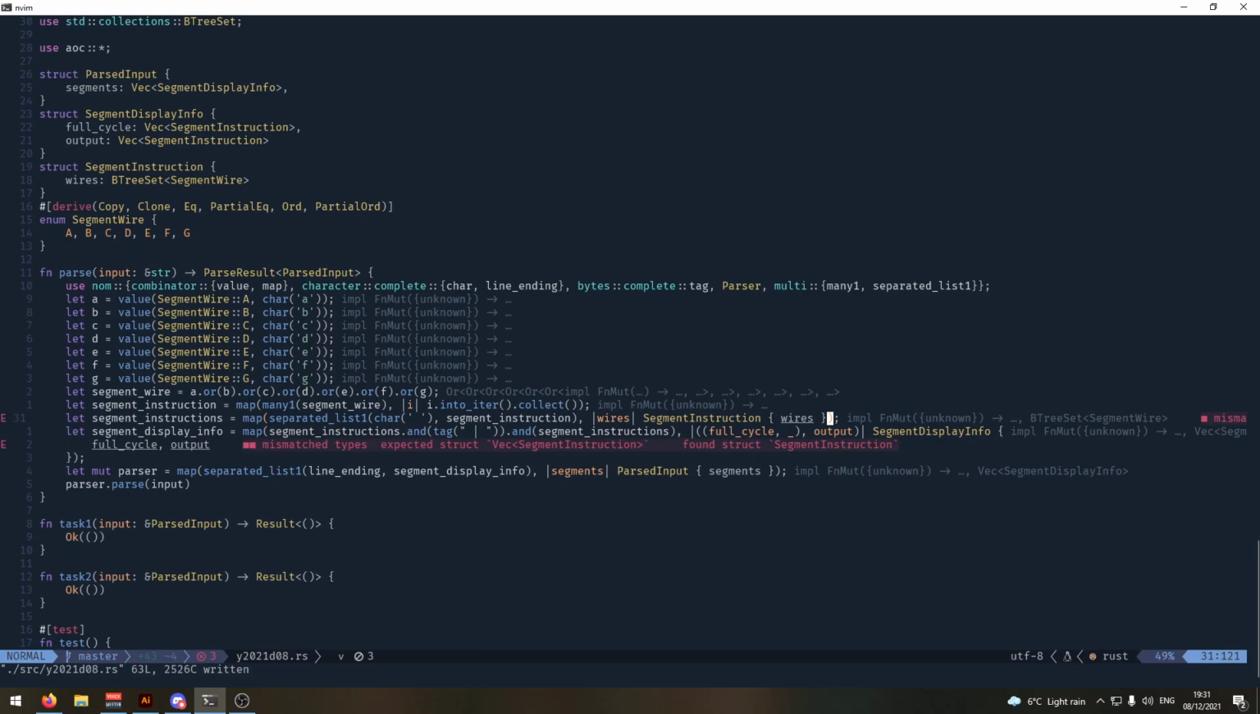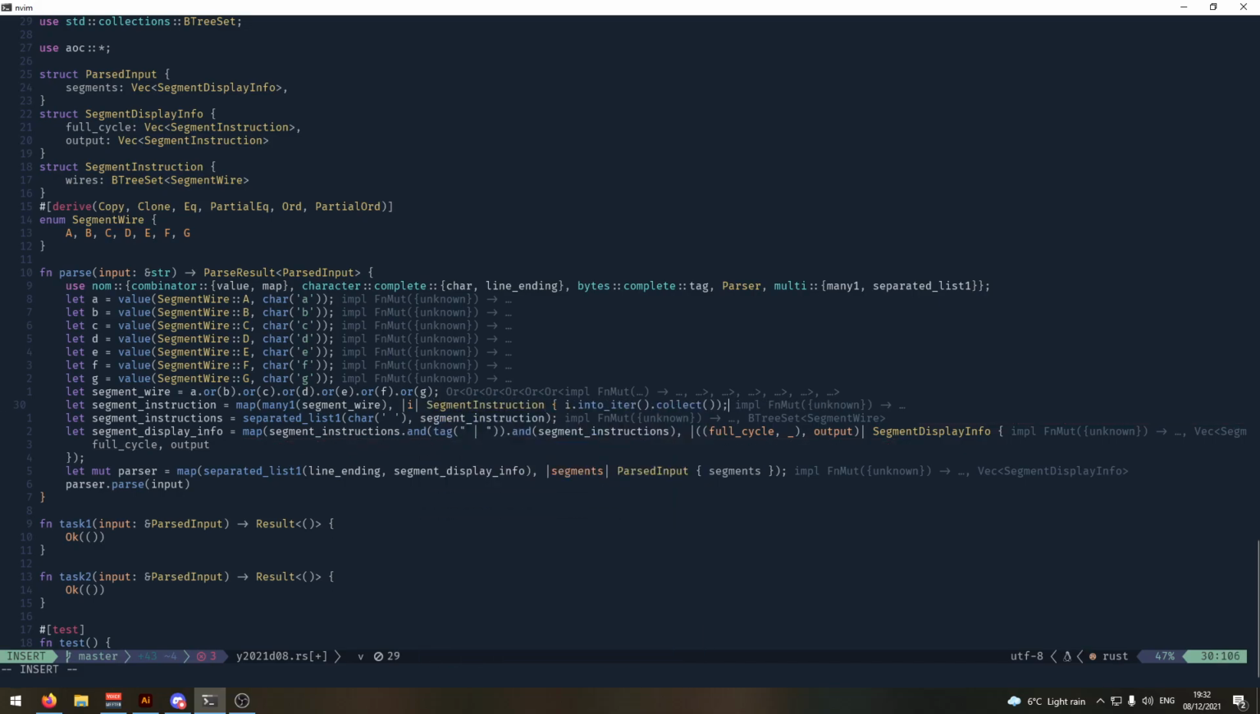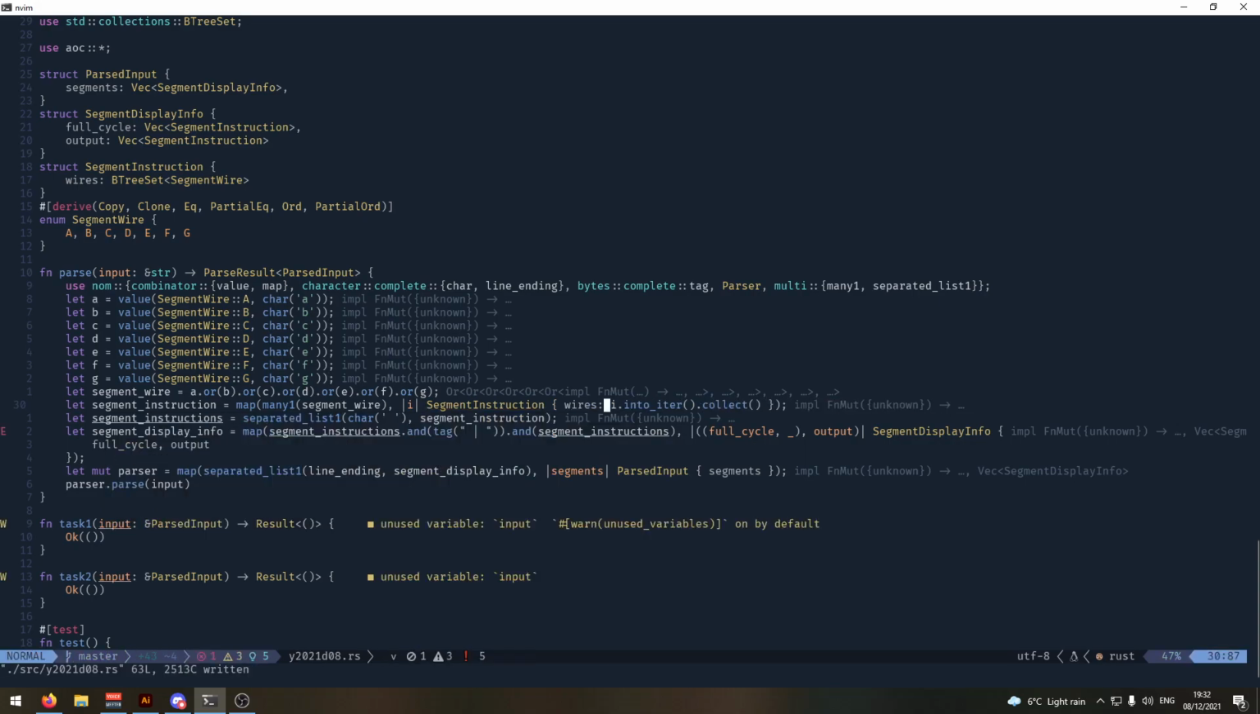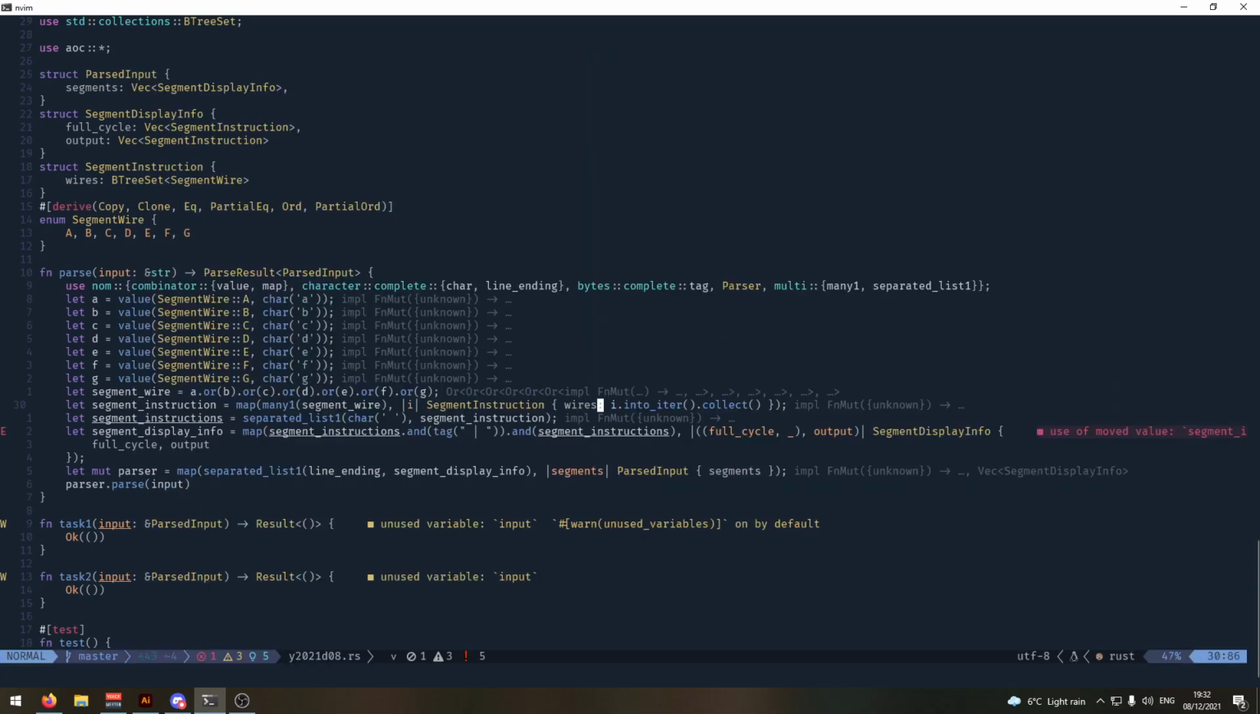Okay, expected segment instruction, found segment instruction. Oh, okay, hold on. It's this one here that needs that map applied to it. This is segment instruction of that. There we go. This is the wires field. Perfect, okay. And it's now just complaining that segment instruction is moved, so we need to make it